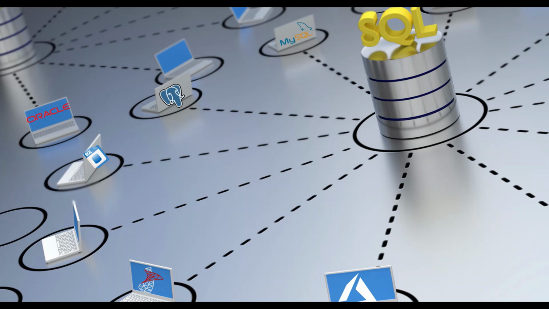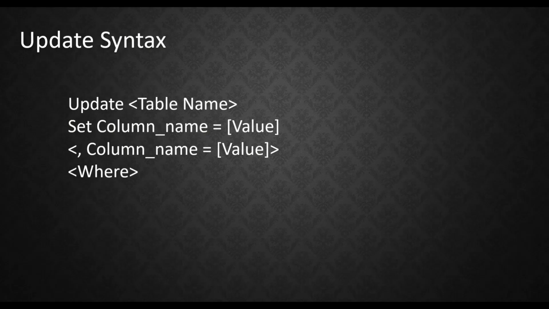In this video, we will continue our learning from insert and we'll move to now update, delete and truncate. So let's quickly have a look at the syntax of the new statements which we are going to learn today, which is update. This is the simpler version of the update, the single table update. Update, table name, set, column name and a value. And then if you want to set more than one, you can give comma, column name and values again, and